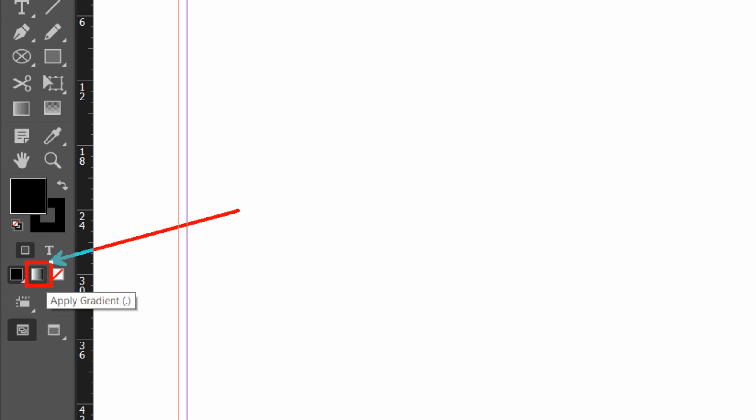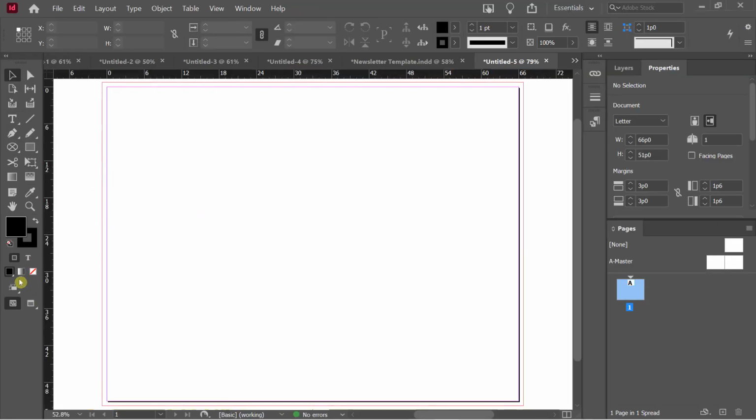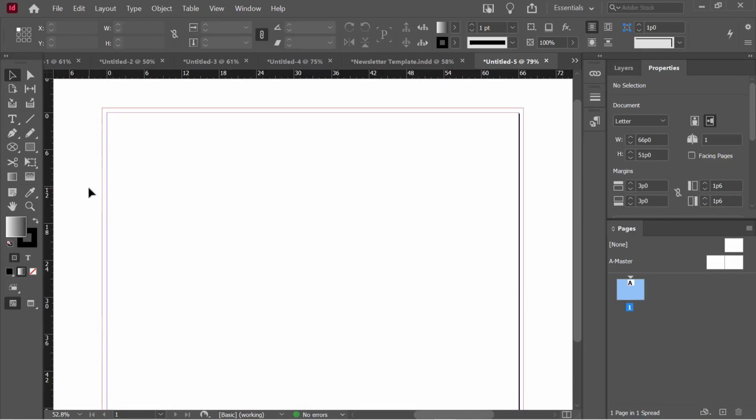Okay, basically it's saying apply gradient as opposed to what? As opposed to a color. So when I click on that, I now actually switch up from solid color mode to gradient mode. Oh, that's kind of cool. Wow. So before I even click and do anything right now, I should probably bring up my options for gradients,